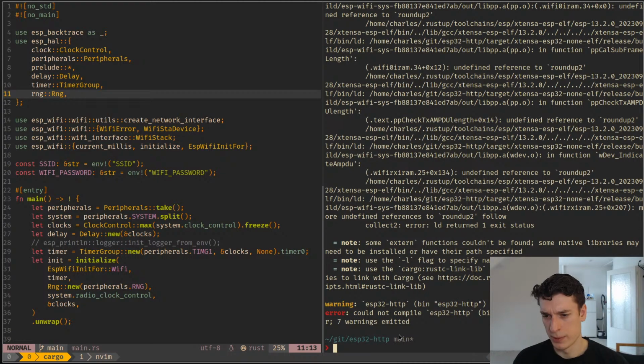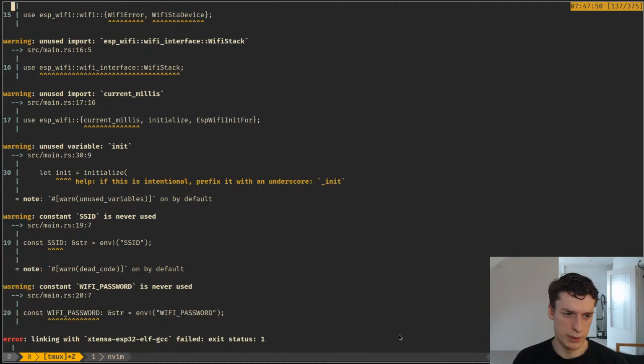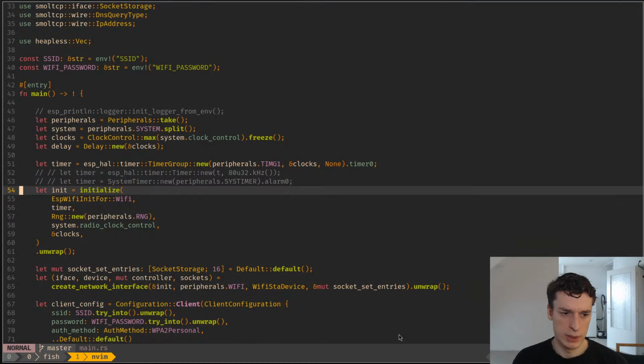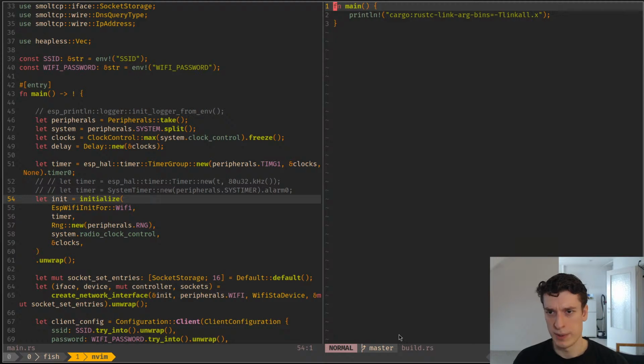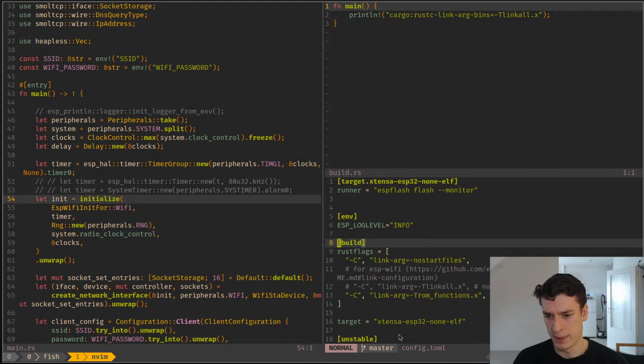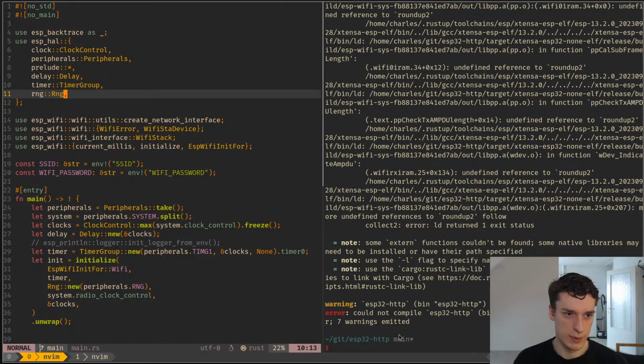And so there is some linking error, which, if I remember correctly, is in the build.rs. No, it's in the config.toml. Yes, it's that one. I think I need the ROM functions as well. Don't know what that is, but